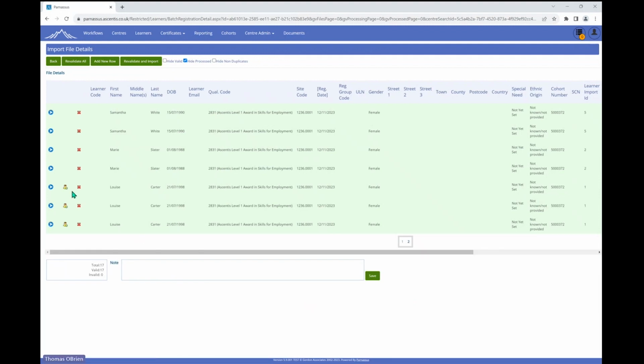Oh, here we go. There is one here at the bottom. So we can see this learner here, Louise Carter. We see this little icon here, potential duplicate found at the center. Now, as you can see, in this current state, it will go through. It's green. But because there's a little icon,